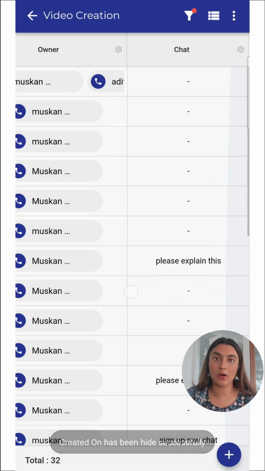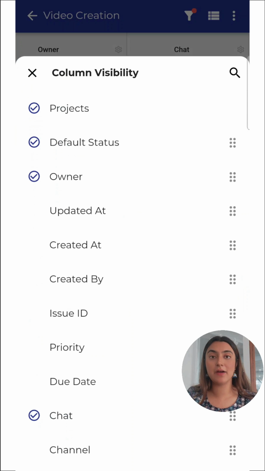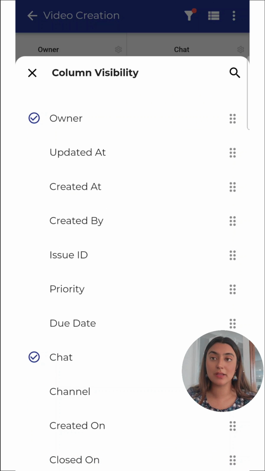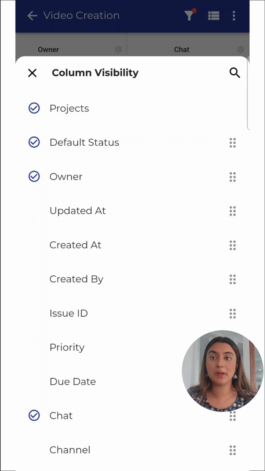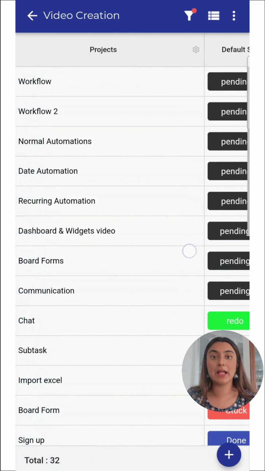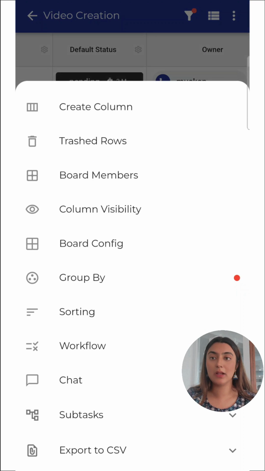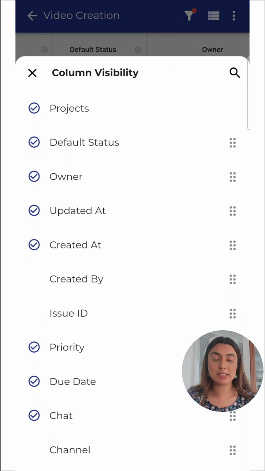This is one way to hide a column, and when you go on the three dots, you can see these are all the columns I have created for the board, and the tick marked ones are the only ones which are seen for now, and the rest are hidden. So these are the hidden ones. If I want them to be seen, I'll click on them, and then the tick marked ones will be seen now. And you can see over here they are all there. And then when I don't want them, I can go back over there and click, and they will be hidden again.